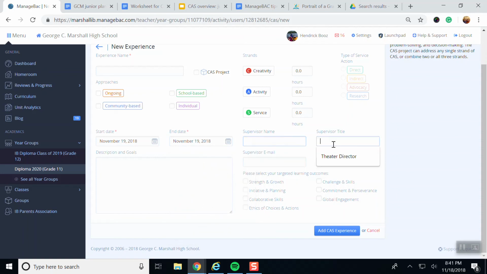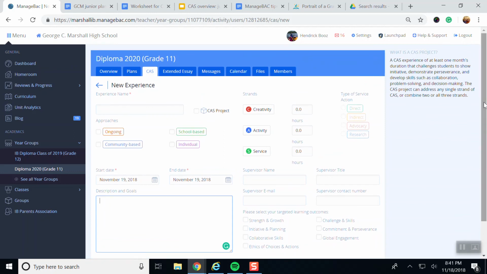So I have a drop-down menu right here, supervisor emails. Here's your description and goals. Here are the 7 learning outcomes, and so I'd like you to kind of limit that to 2 to 3, because I'm going to expect a reflection for every single goal that you set, every single learning outcome. So if you set 3 learning outcomes, I'm going to expect 3 reflections. That's why I'm not really as concerned about the hours. I'm more concerned, again, about